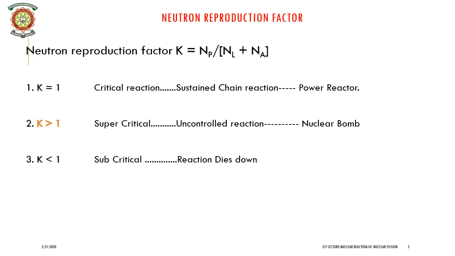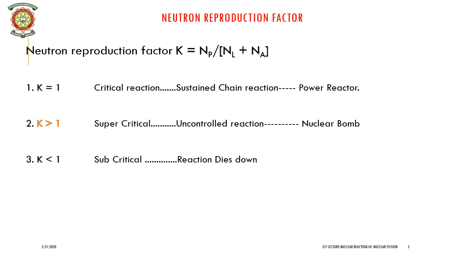The chain reaction, once started, will remain at a steady rate, increase or decrease, depending on the neutron reproduction factor or K factor. The K factor is defined as the ratio of the production of neutrons to the rate of loss of neutrons due to A. leakage from the system and B. non-fission absorption by nuclei. Thus, if Np is the rate of neutron production and NL and Na are the leakage and non-fission absorption rates, then we define the neutron reproduction factor K as K equal to Np divided by NL plus Na.